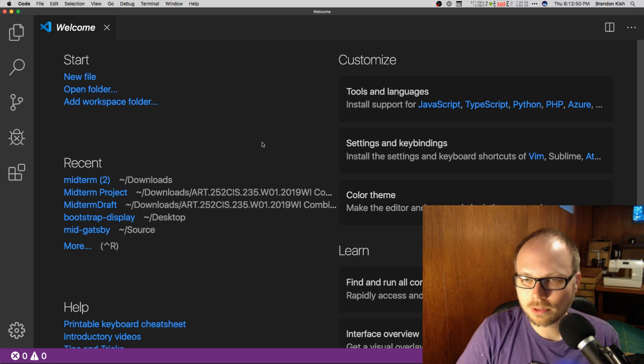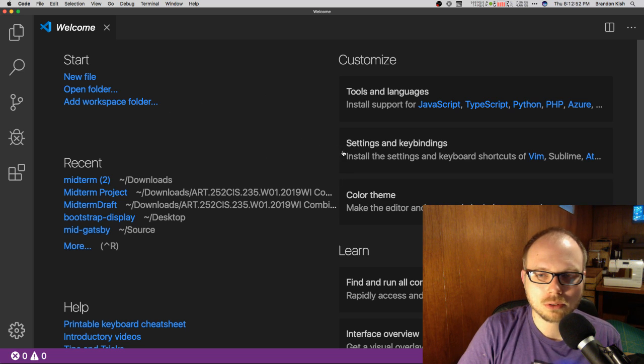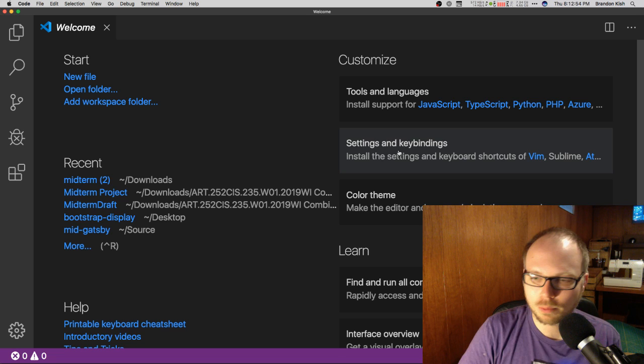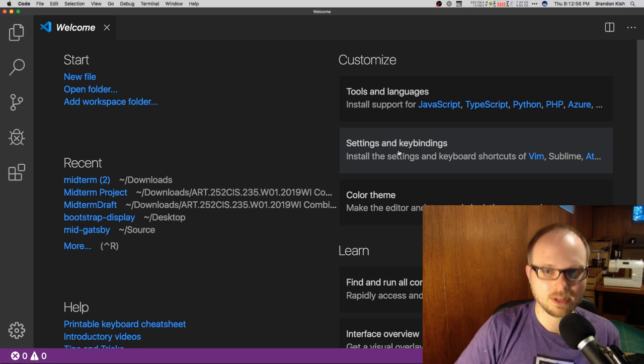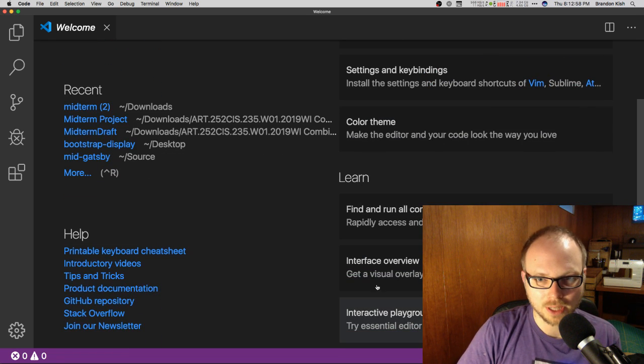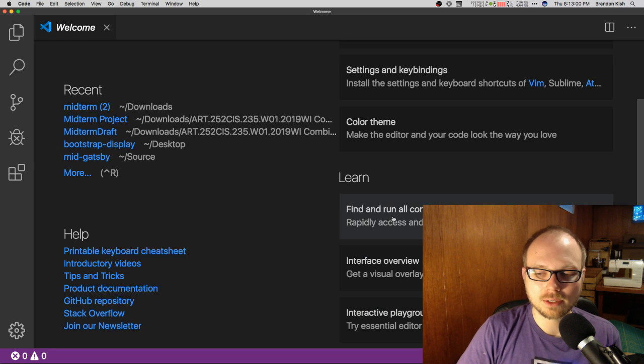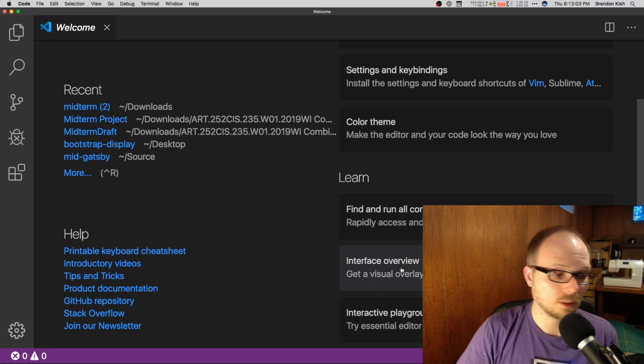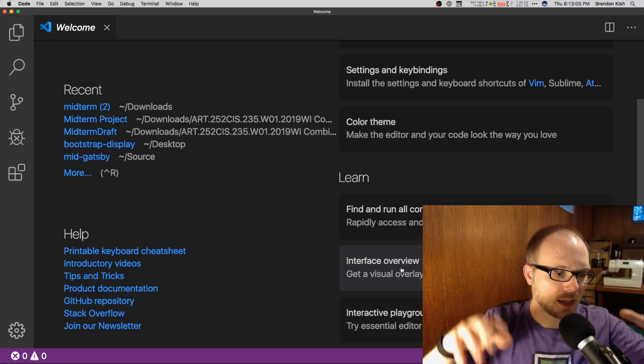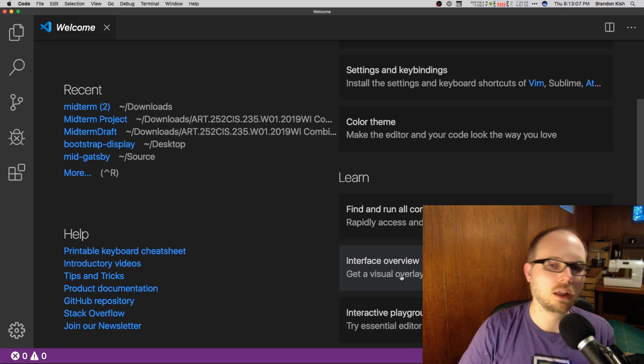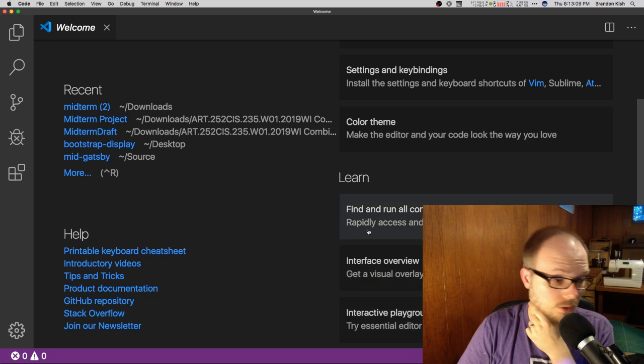When you open it up for the first time, it's going to let you read some helpful information about how the program works. And I think a few of you found the Learn section already, which will let you not only see some of the commands that it offers, but get an overview of the user interface and even explore typing into it as well. So thank you for sharing that in the scavenger hunt.